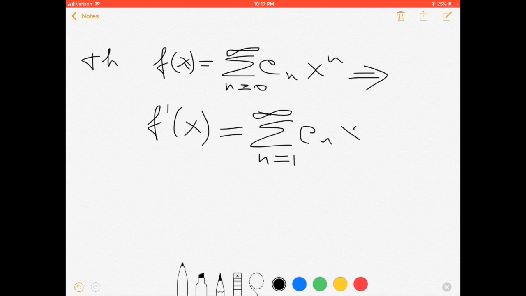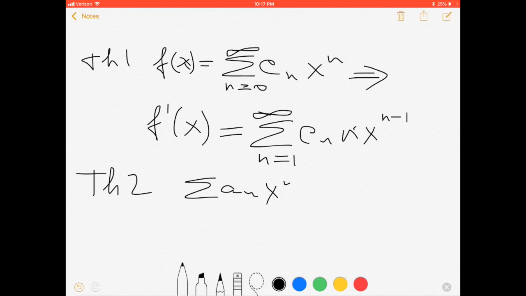c_n times n, but the power of x is n minus 1. This is theorem 1. Second theorem, theorem 2, tells us: if you have two power series, the sum of a_n x to the power n from 0 to infinity